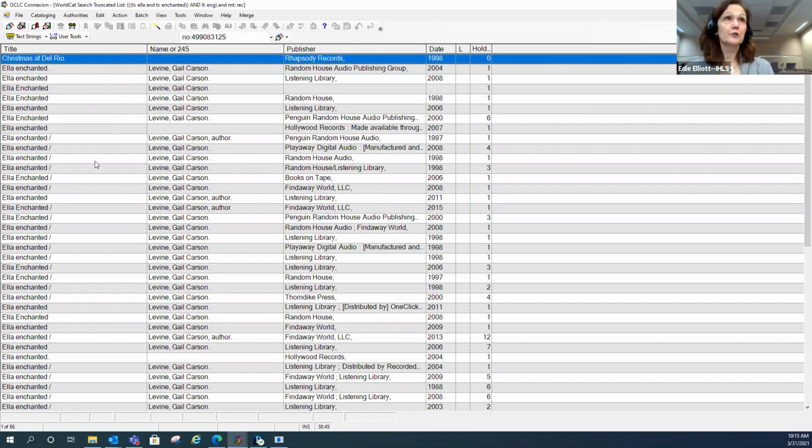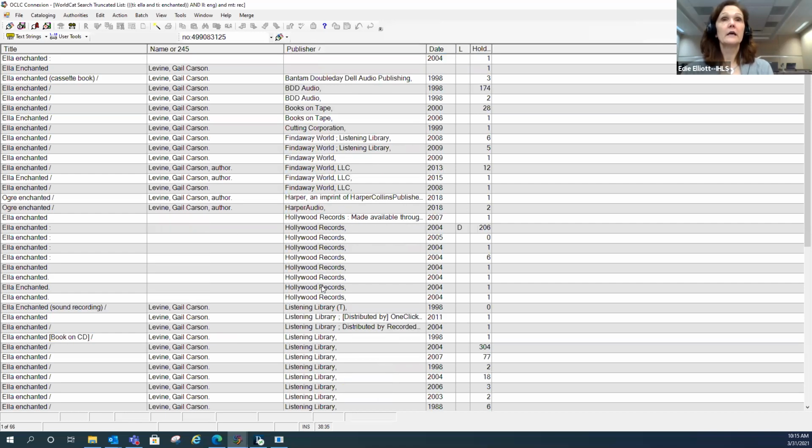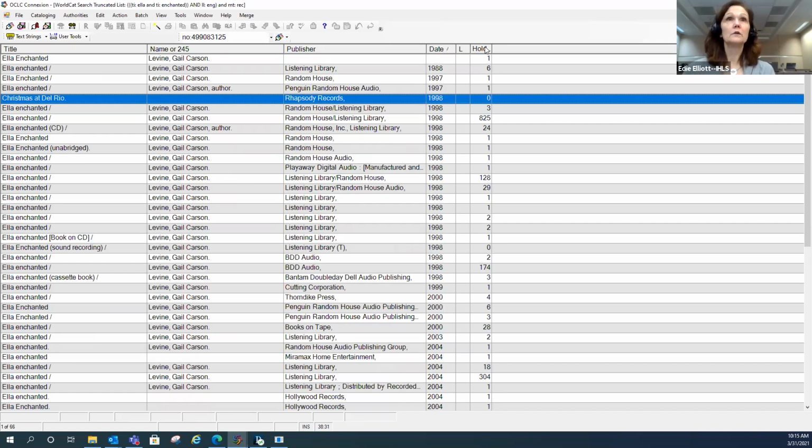Because we searched by title, the results list is sorted by title, but I could sort by clicking on any one of these column headers. So if I wanted to sort by publisher, I could do that. If I wanted to sort by the date, or sort by how many holdings, I can do that too. So there are lots of different ways that you can sort here. So if I open up one of these records,